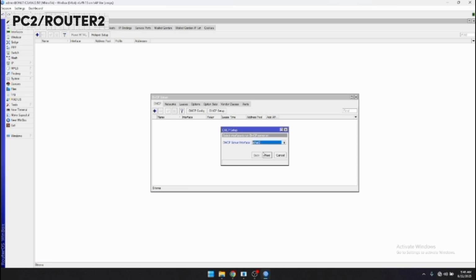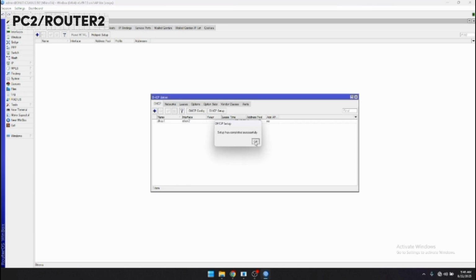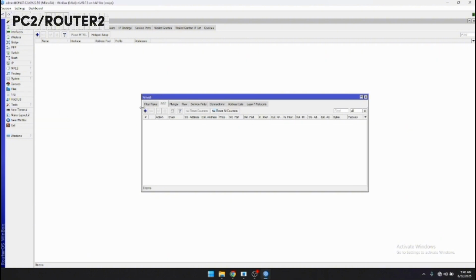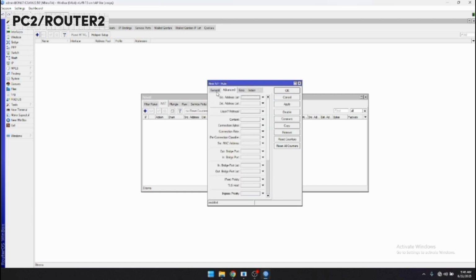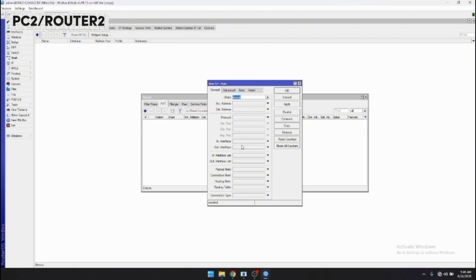After this you go to the DHCP server to set up Ether 2. I'm sorry. After this you go to firewall and then add the NAT, chain masquerade. After this you go to general to add WLAN 1.